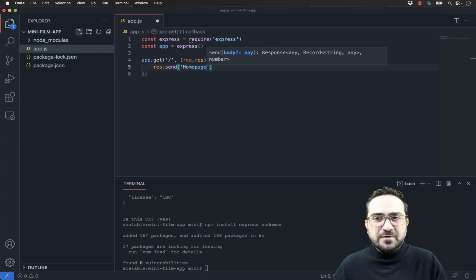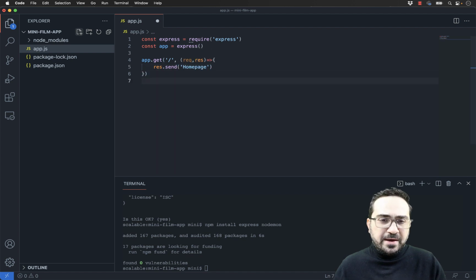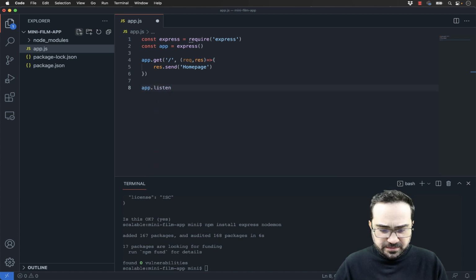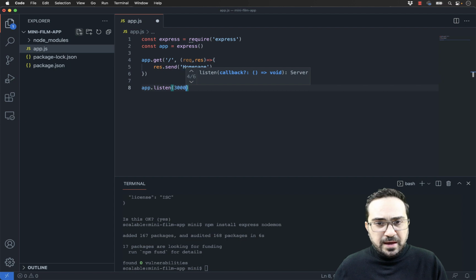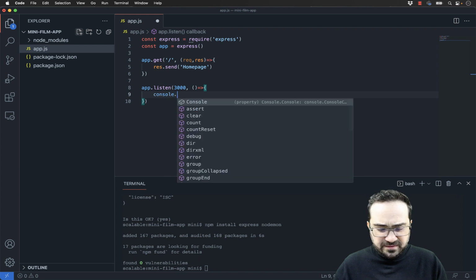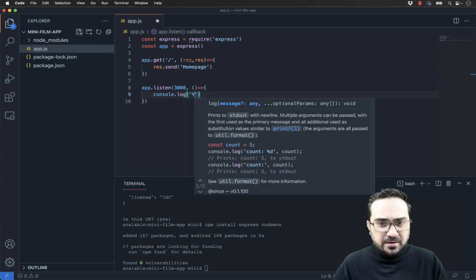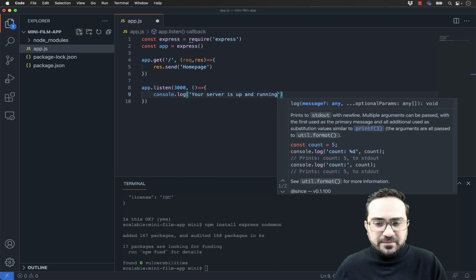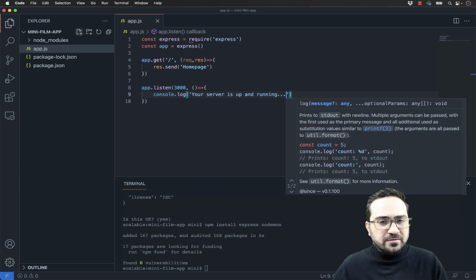That should be fine for the moment. Then I can say app.listen at port 3000, and let's use the console to log a message: your server is up and running. All right, so that should be all.